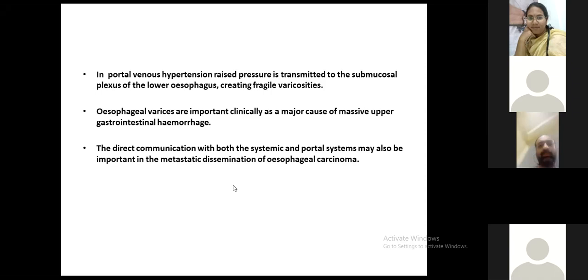Where else? If you have done any surgery and done an anastomosis, there also it can develop. Sir, the retroperitoneal area also it's seen, between the colonic and the upper back area, but I'm not sure of the location, sir. Right. Check it up. Sir, I'll post it in the group.